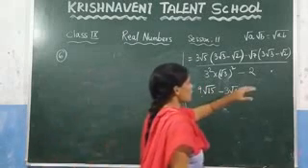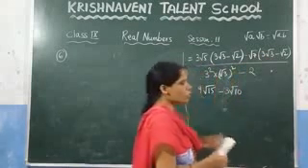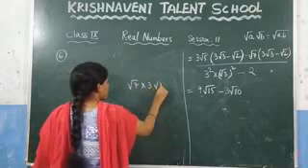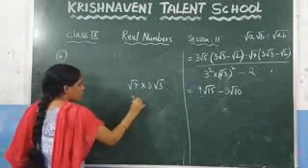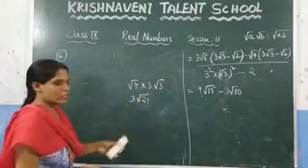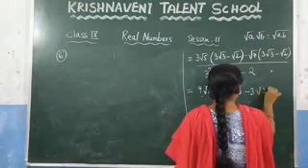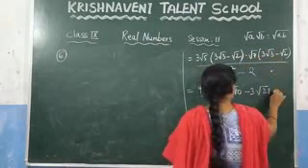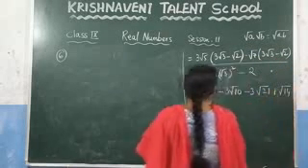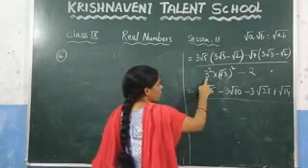Now see the next step. Here what we need to do, minus root 7 into 3 root 3 we need to do. So here write root 7 into 3 root 3. So here 3. What is the value of root 7 into root 3, which is nothing but root 21, 7 into 3 which is nothing but 21. So write it here minus 3 root 21. Now minus into minus which is plus, root 7 into root 2 which is nothing but root 14. Now see the denominator here. So this one, 3 square which is 9.